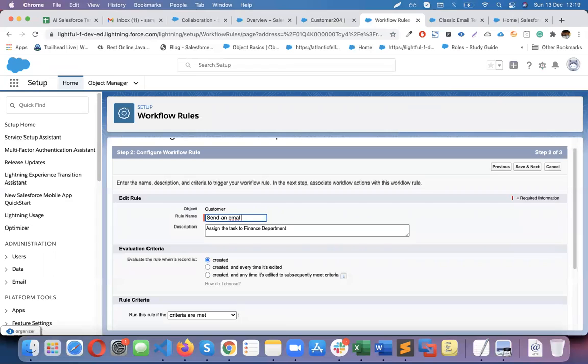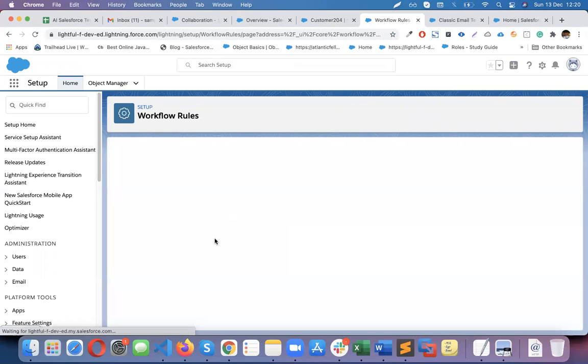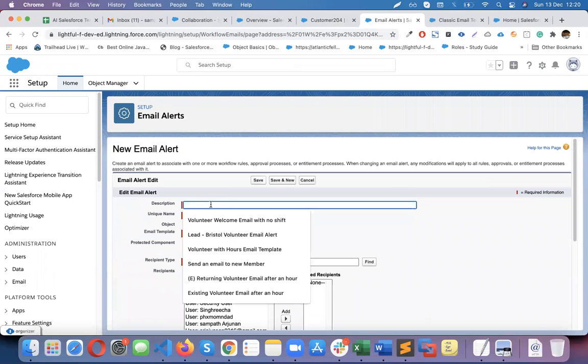send an email to customer. Same conditions. Email actions.